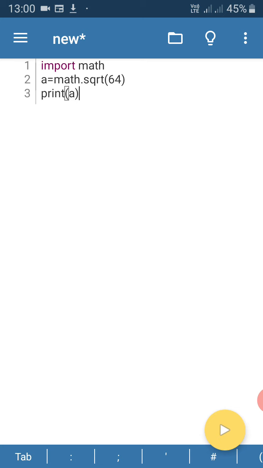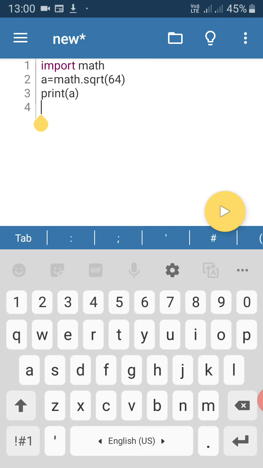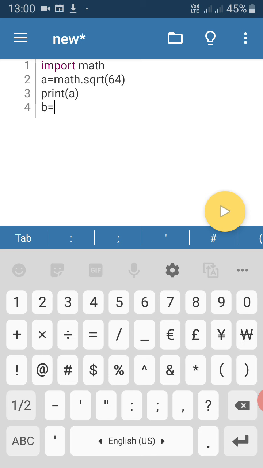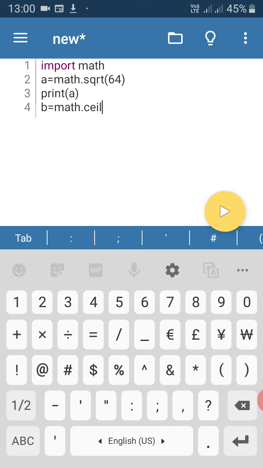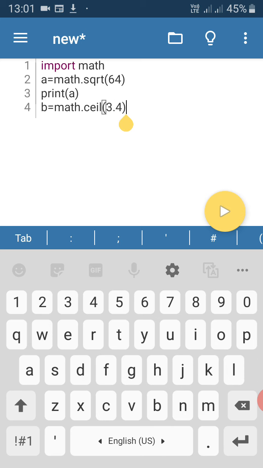Now next function is ceiling. B is equal to math dot ceil. Within brackets I will write 3.4. Now what does ceiling do?